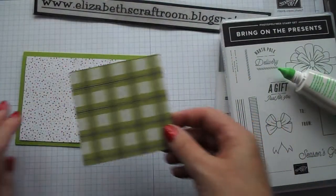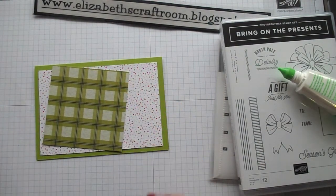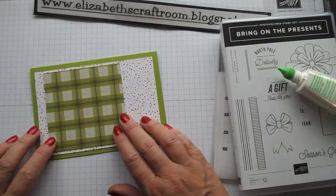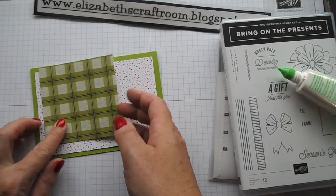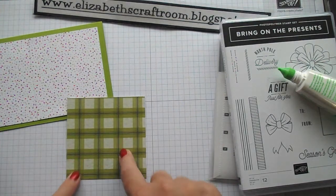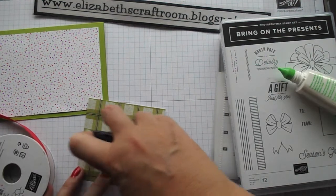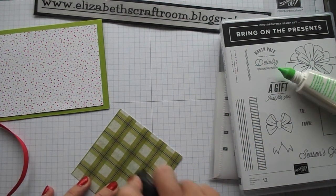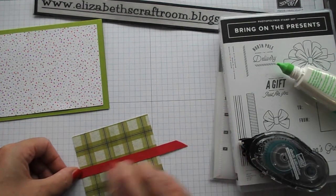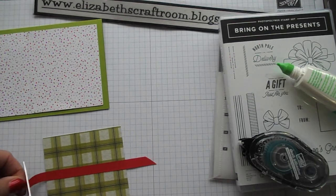So I've trimmed that layer down to about 3.5 by 3.5 inches, and I'm going to pop that on the card. I'm going to pop that on the front. We'll just see how we actually lay it out once I've got all the other embellishments on it. So the first thing I want to do is to add some ribbon, and I'm going to use Snail and just pop that across. Now another way of hiding joints is with ribbon, so something else that you can do,